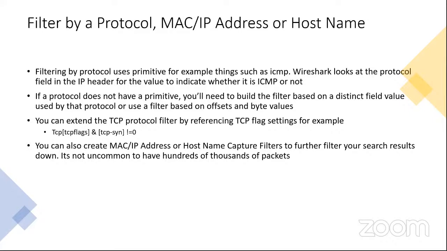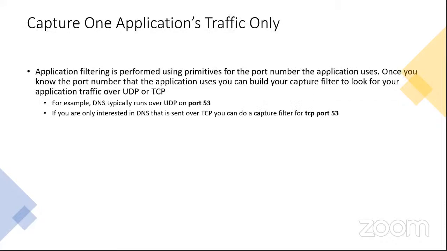So again, we don't want to be looking at hundreds of thousands of packets. We only want to look at what we care about, right? That's different from, for example, taking a look at an incident where someone has broken into your network and you need to find the evidence of that. At that point, you need to see all of the packets so that you can get a complete story. But if you're trying to troubleshoot, for example, you only need to look at a specific host or a specific protocol to figure out what's wrong. This is how you narrow that down.